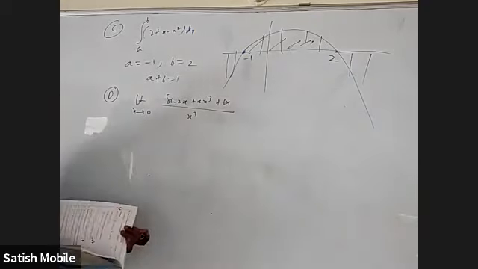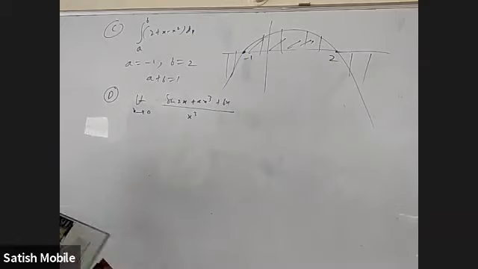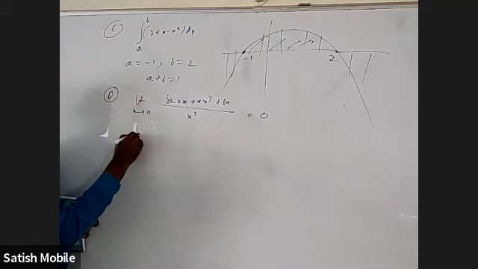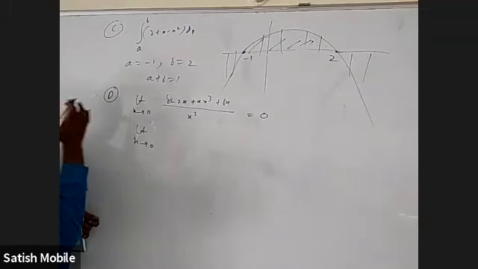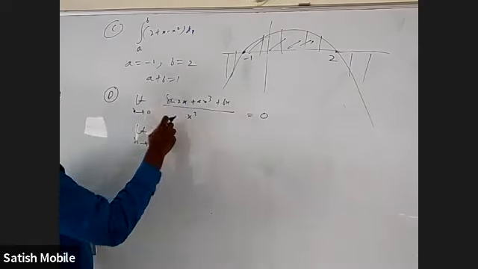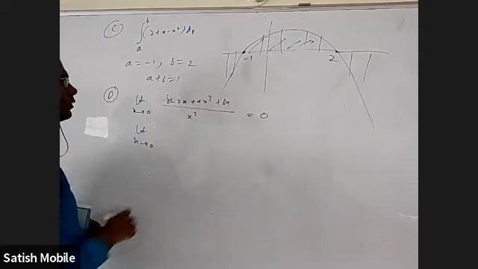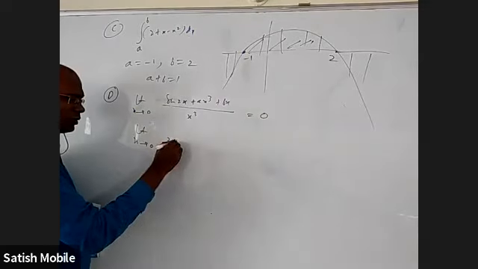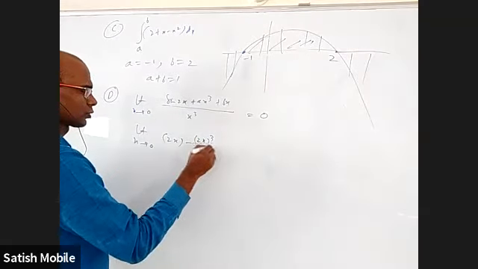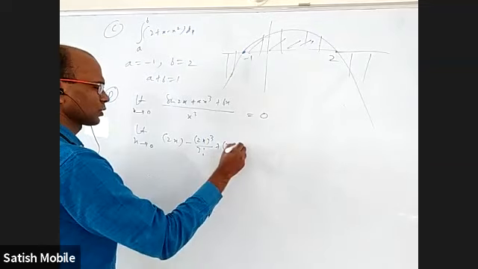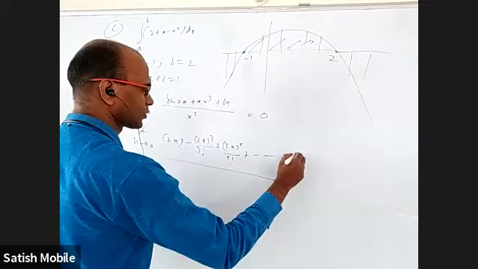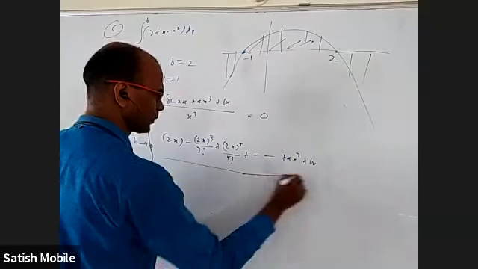Okay, anyway, limits forgotten long time back, but we want this limit to be 0. So we can use expansions or L'Hospital rule, one of them. As such, it is 0 by 0 form. What is the expansion of sine 2x? Sine x expansion is x minus x cube by 3 factorial. So 2x whole cube by 3 factorial plus 2x whole power 5 by 5 factorial, and so on. Plus ax cube plus bx, by x cube.